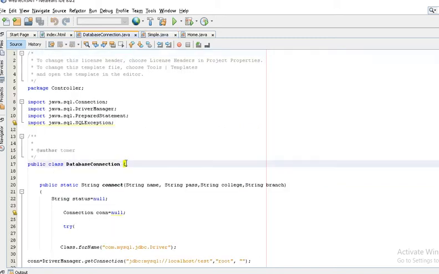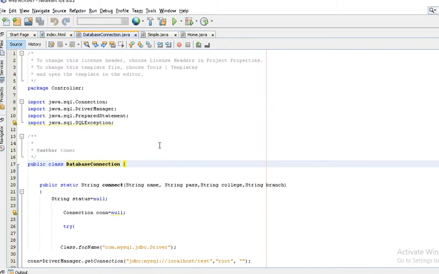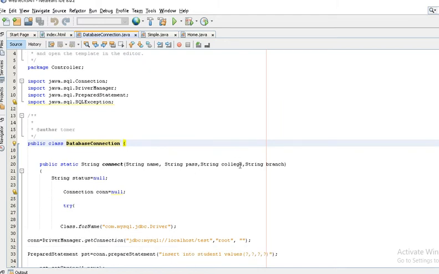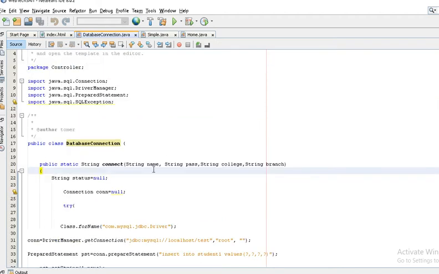This is my DatabaseConnect class. I'm importing some needed package classes which are required to connect my web application to the database. This is my connect method. It returns a string, and it is a static method. That's why it is called directly with the name of the class.